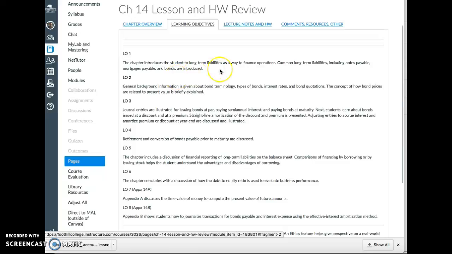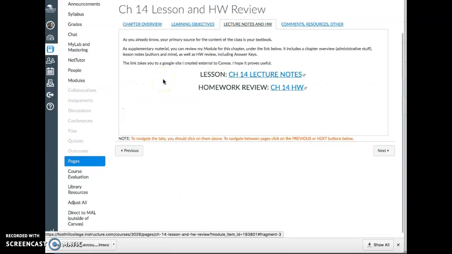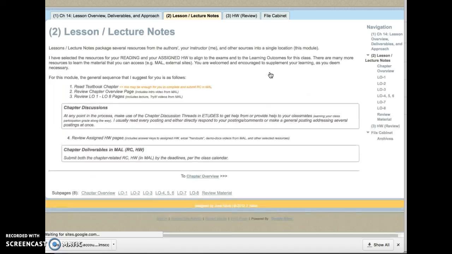The first learning objective relates to mortgage payable, long-term notes, and the rest of these are mostly about bonds. They're both long-term debt instruments. Then I'll go over to my lecture notes and homework review page or tab, and there, as always, you have the links to my external Google sites for Chapter 14 lecture notes and homework review. I'll click on the notes and it takes me over to this tab inside of my Google site for